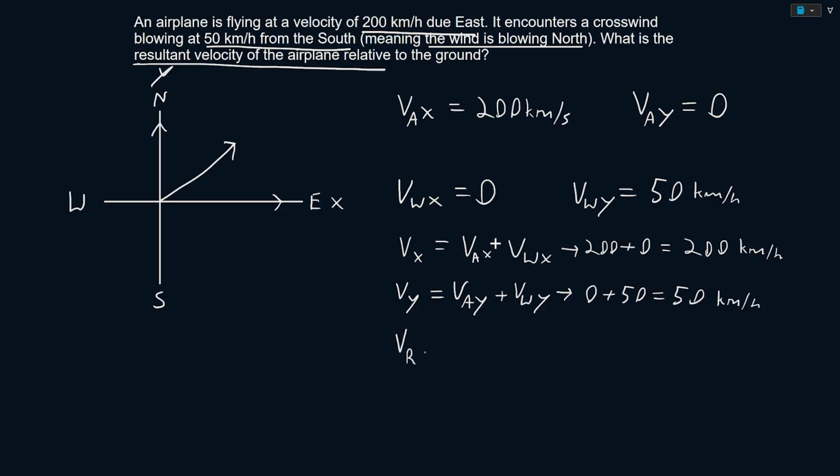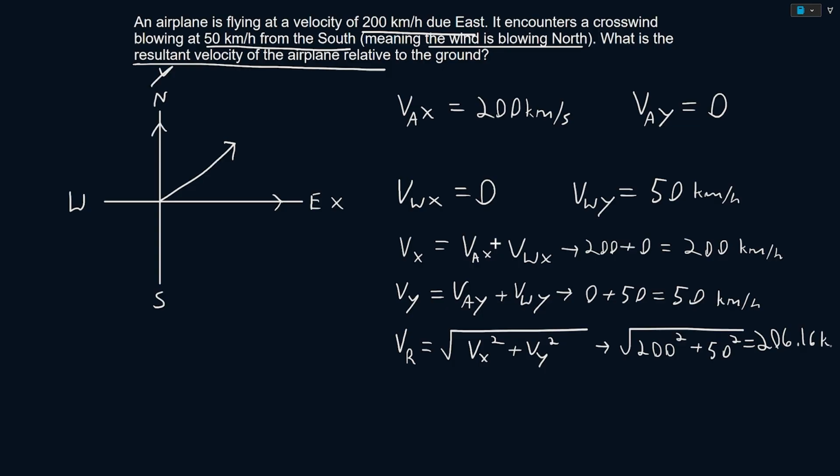The velocity of the resultant component can be found by taking the square root of the sum of the x and y components squared. This gives us the square root of 200 squared plus 50 squared. This equals 206.16 kilometers per hour. To find the direction of the resultant velocity, we'll use the trig function tangent of theta is equal to the opposite over adjacent legs,